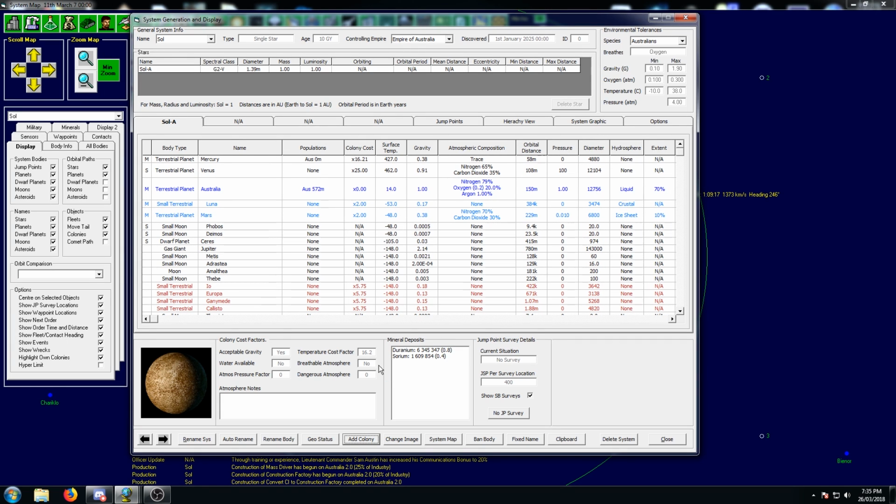Oh yeah. Now, surface temperature is 427 degrees on average. So the temperature cost factor is 16.2. Basically, nobody's going to be able to actually live here in any kind of happiness until we drop that surface temperature. So we're definitely going to have to do something with that. Venus